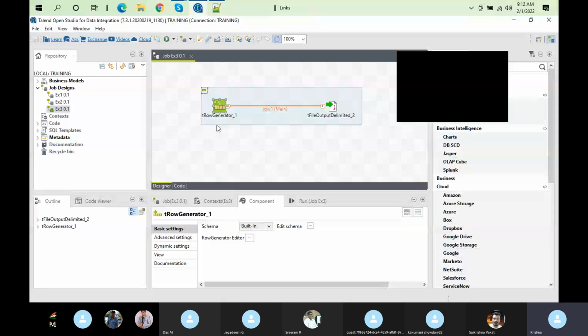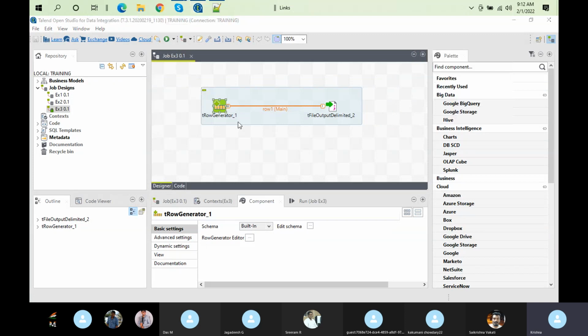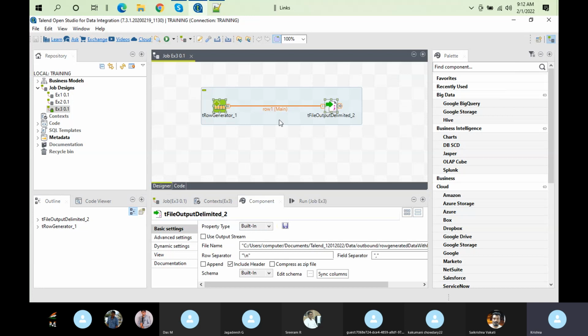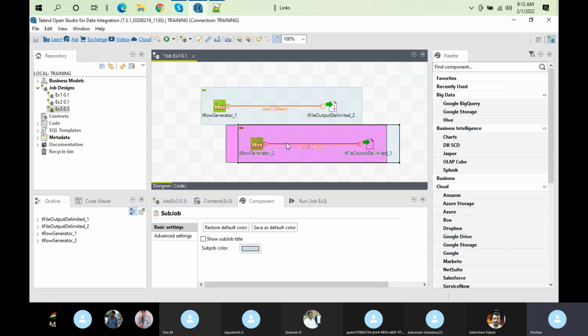Data right onto the different delimiter. So what we have to do? The file is same, the component is same, only the delimiter is changing. So do we need to change anything? Same flow, you can select the components, click on Control and connect the components, and you can copy with Control C and paste,